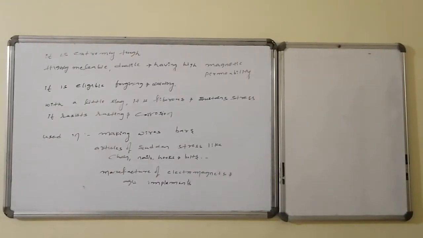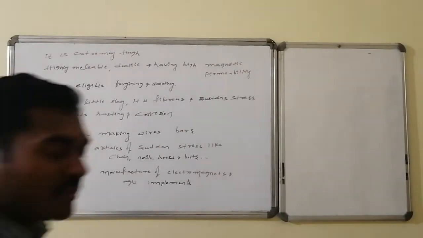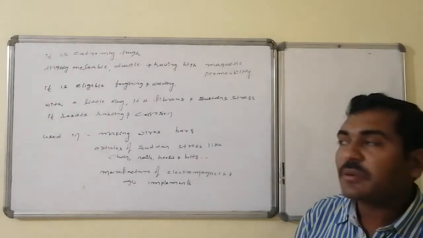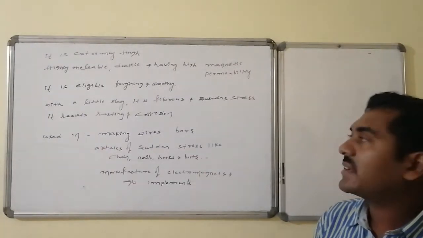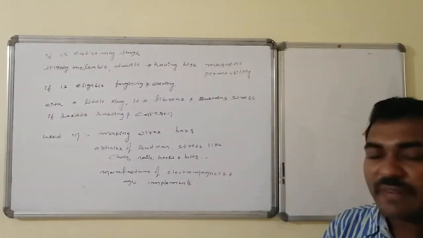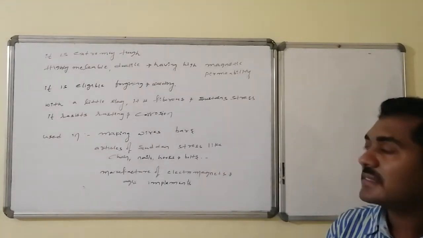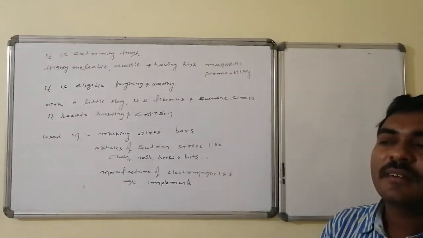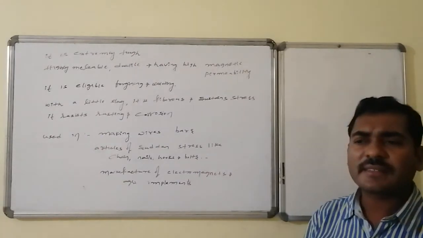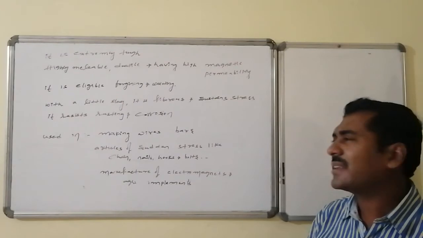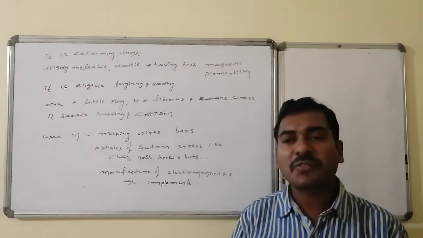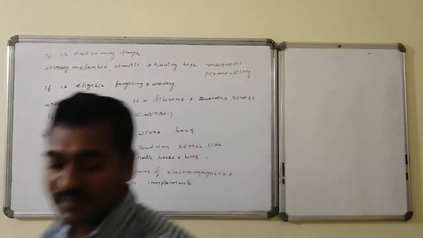This wrought iron is extremely tough and it has high malleability and ductility. Therefore, high magnetic permeability is present and it is eligible for forging as well as welding purposes. With a little amount of slag present in it, it is fibrous in nature and it can sustain stress. It resists corrosion as well as rusting. It is used in making wires, bars, articles that can sustain sudden stress like chains, nails, bolts, the manufacture of electromagnets, and agricultural implements can also be made with the help of this wrought iron.